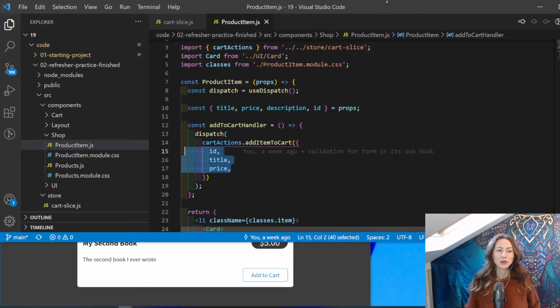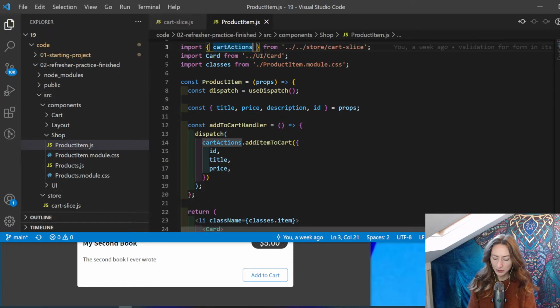Cool. So what we can do is we can use useSelector. And when we use useSelector,